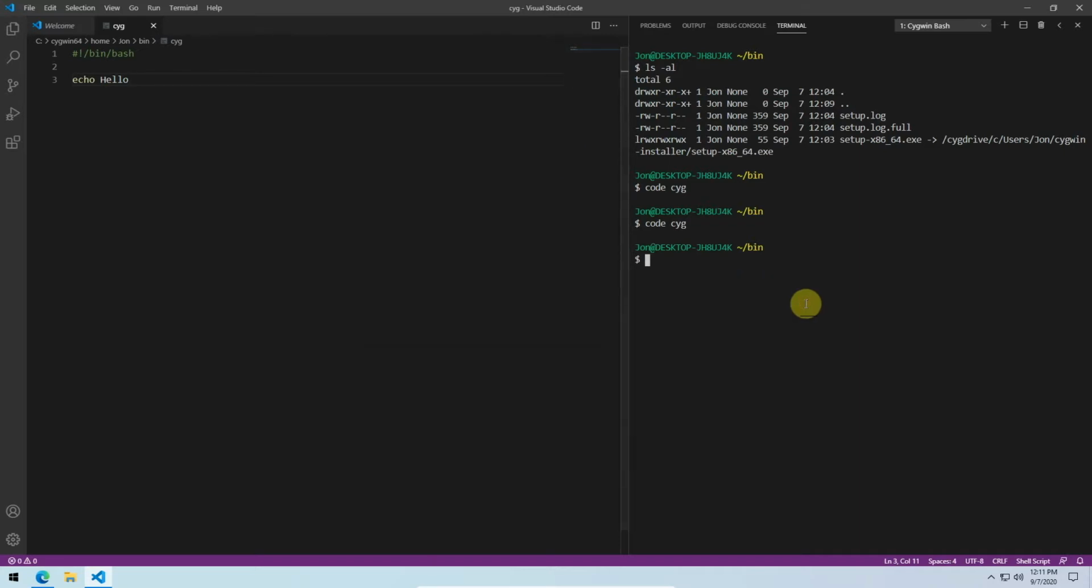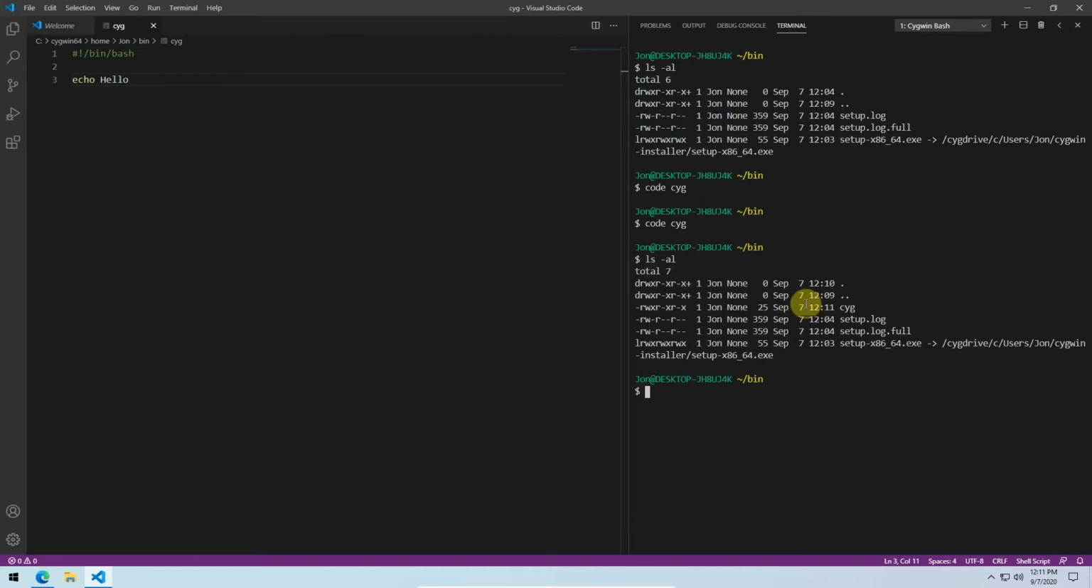And in the terminal here, let's list the file cyg, right? And you'll notice that here we've got execute permissions on all. I think that's user group other, or owner group other. I think that's right. So anyway, the executable bit is set for each. And if I try to run cyg,